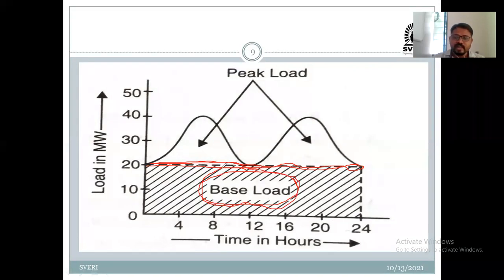Unvarying load, or the load which is continuously present on the system, is nothing but the base load. Can you give us a simple example of the base load? कोणी मला base load चा example सांगू शकते का? Is it possible for you to tell me an example of base load? Someone has told: fridge, like instruments that are always working. Yes, correct. You can consider our small example, and I will tell you how you can relate it to the big example.